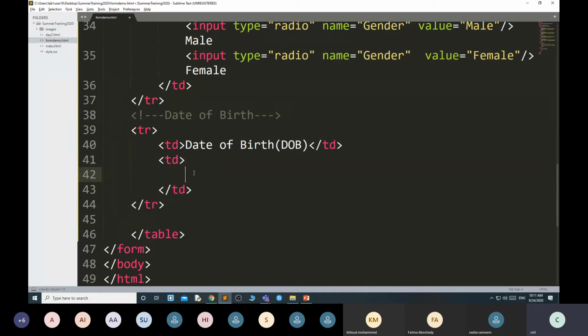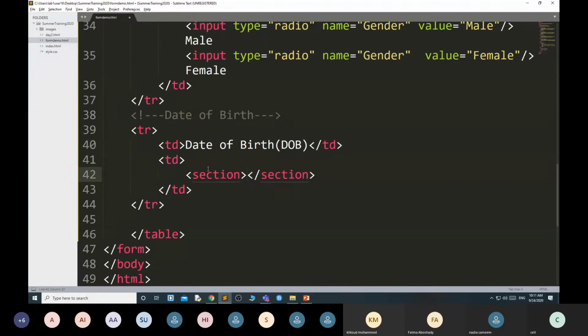The date of birth field has three values: date, month and year. For each of them you have to create a drop down list. How to create a drop down list?